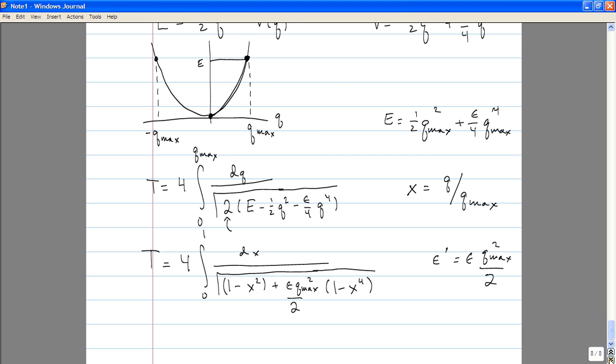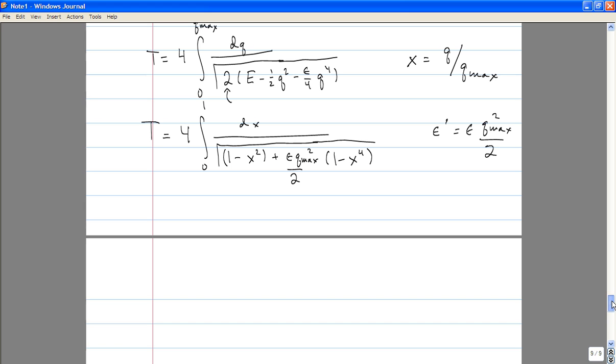And then what I would like to do is work in the approximation where epsilon and epsilon prime are very small, so that I can Taylor expand this expression. And so I'll get t is 4 times the integral from 0 to 1 dx over the square root of 1 minus x squared. And then I Taylor expand this guy, and I get minus epsilon prime,